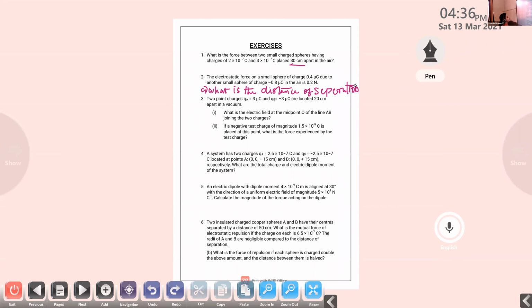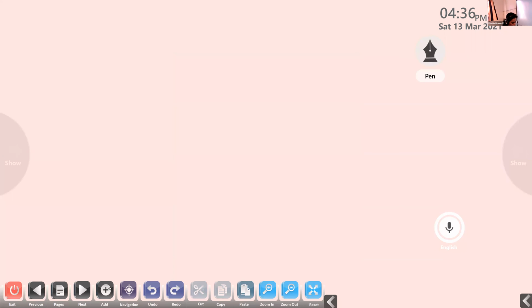Now, whenever you get a problem, first of all, you just write the values that are given in the question. So we can write the physical quantities that are given. Here, the charge Q1. What is the charge Q1 given in the second problem? Q1 is equal to 0.4 microcoulomb. So we can convert.